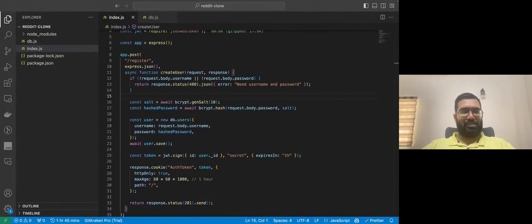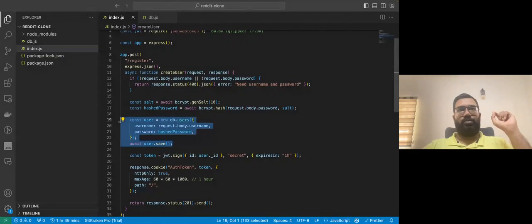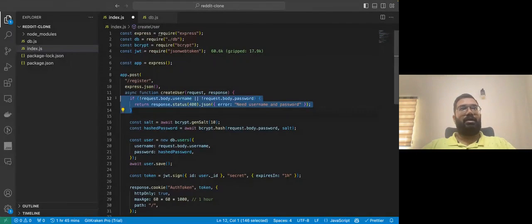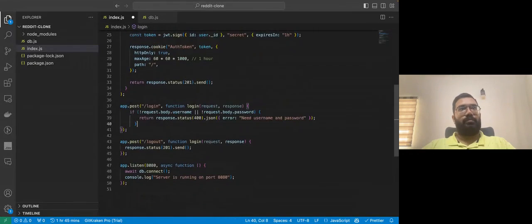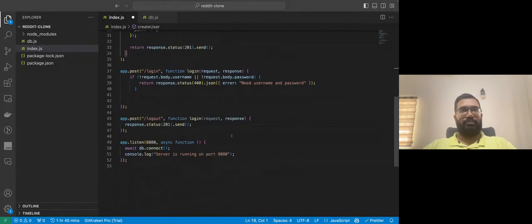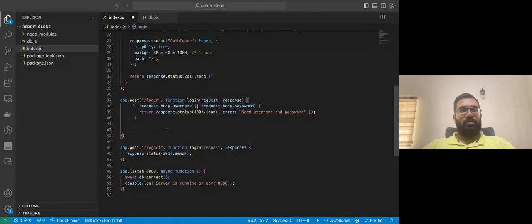And a lot of this is going to be the same in login as well, where the only process that we don't do is create a new user, but the rest of the process is the same. So let me actually finish login as well. So I'm going to put the same condition here. I'm going to put the same handling to hash a password. Actually, I don't need to hash a password. Bcrypt comes up with a function called compare. So I can say that